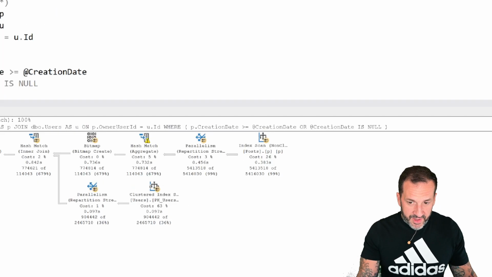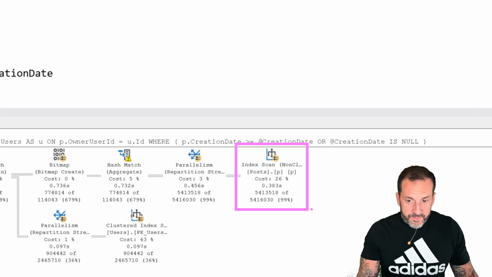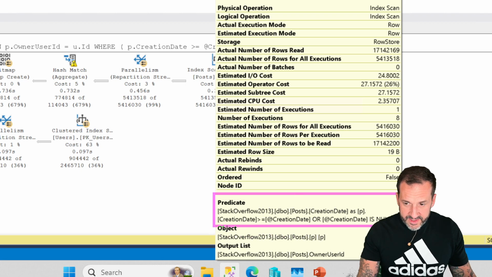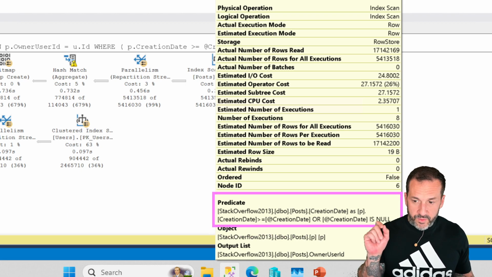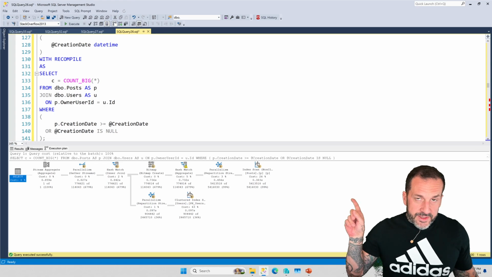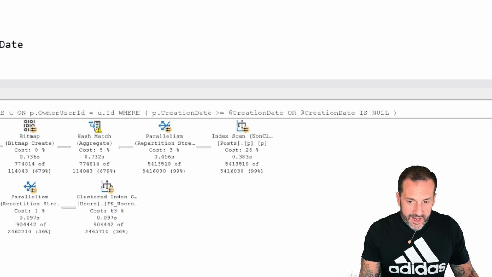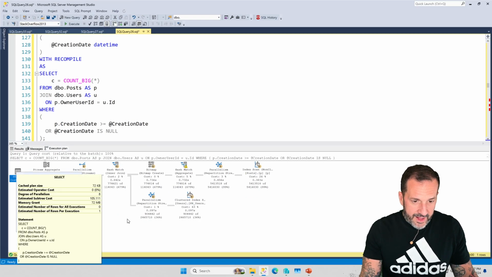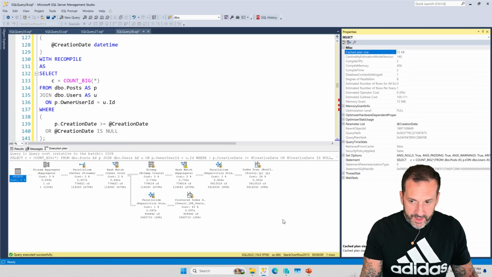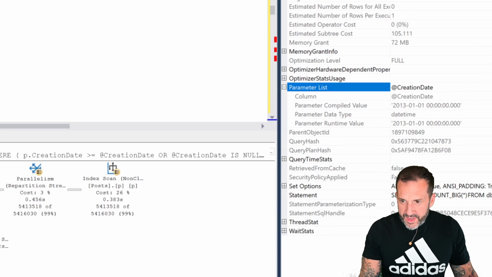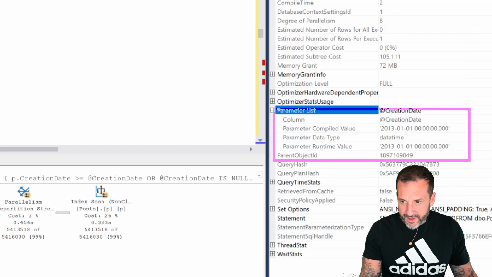But when we look at the execution plan, we do use one of those indexes, but we don't seek into it. We scan that index. If we hover over that index, look what happens. We have a predicate instead of a seek predicate. So we have this residual predicate where SQL Server is like, well, it's either null or it's not. Now, that's a crappy problem. Note that we do get a good cardinality estimate from it, right? SQL Server does make a good, accurate cardinality estimate from it, and if the tooltip will get out of my way, we'll see in the parameter list, the compile and runtime values are exactly equivalent.